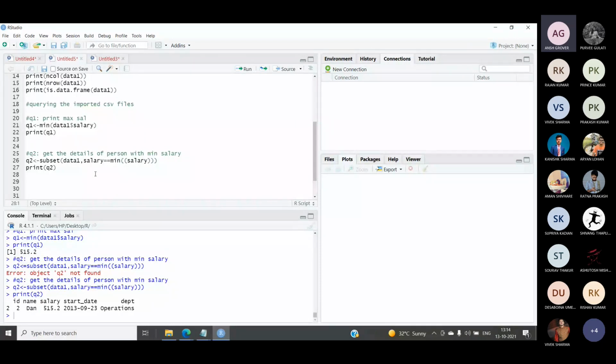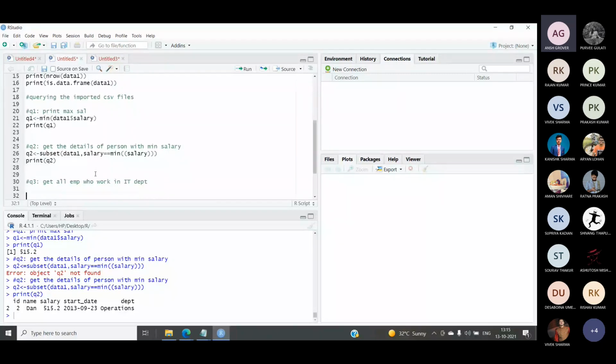Let's perform the next query. Let's call it query number 3. Suppose query 3 says: all employees who work in the IT department. Fine, I want a list of employees who work in the IT department. So I will change the condition like this.